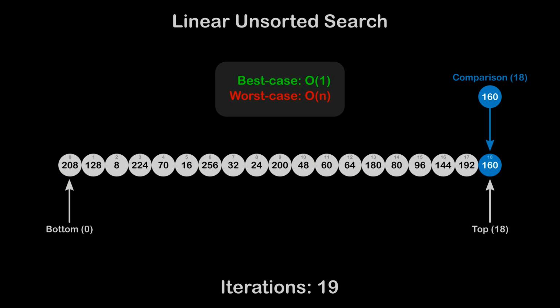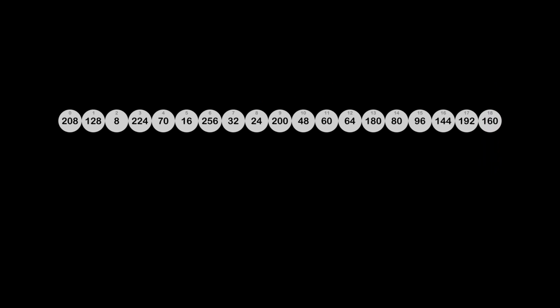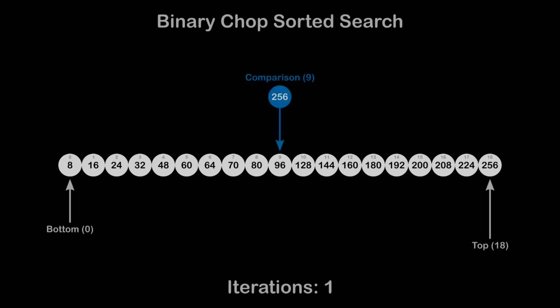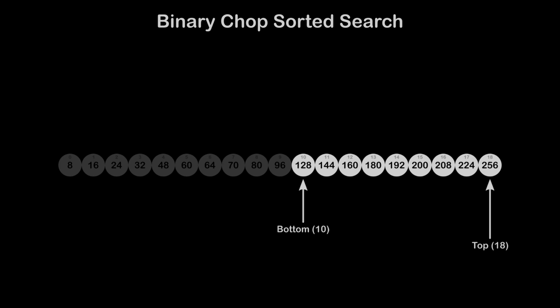within the dataset. Conversely, however, by sorting the data prior to searching, we're able to make more informed decisions regarding the rank of a specific value relative to that of another. Examining the centermost element, we see that 96 is less than our target value of 256. As the sorted values situated to the left of 96 must also be less than 256, we can exclude them from all subsequent iterations. Continuing the process at the centermost element of the remaining dataset, we see that 192 is